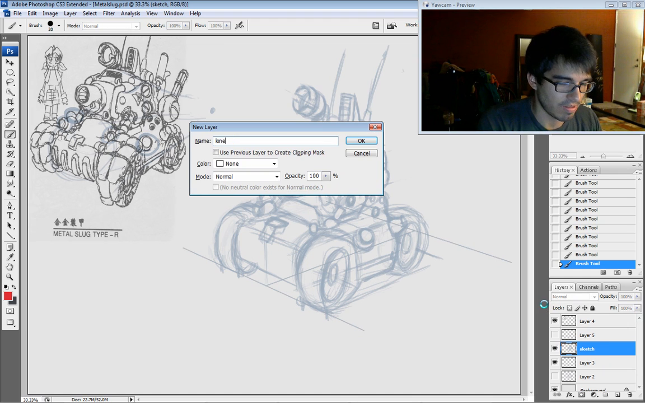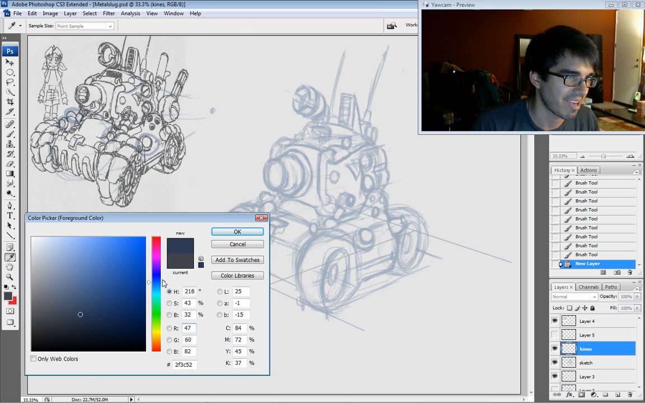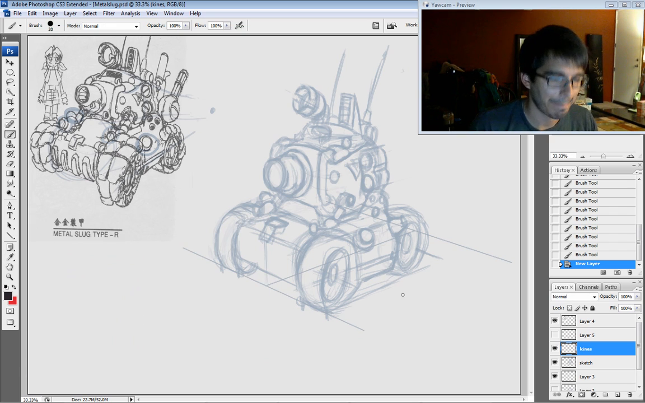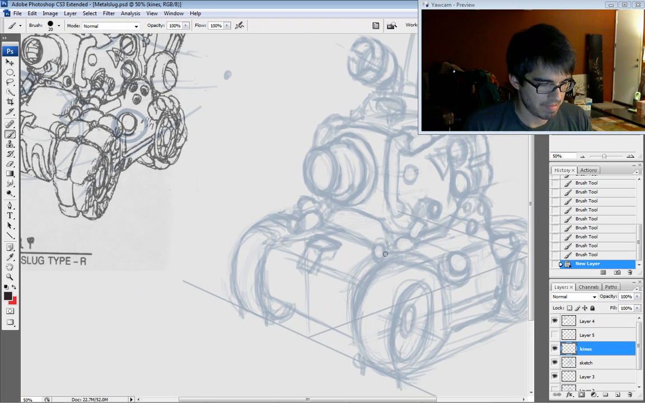So let's go to the lines. I named it kinds, that's fine. That rhymed. Whoa. Okay, now we're just getting dangerous. So let's just pick a dark color here. And then basically what you're going to do is just go in here and